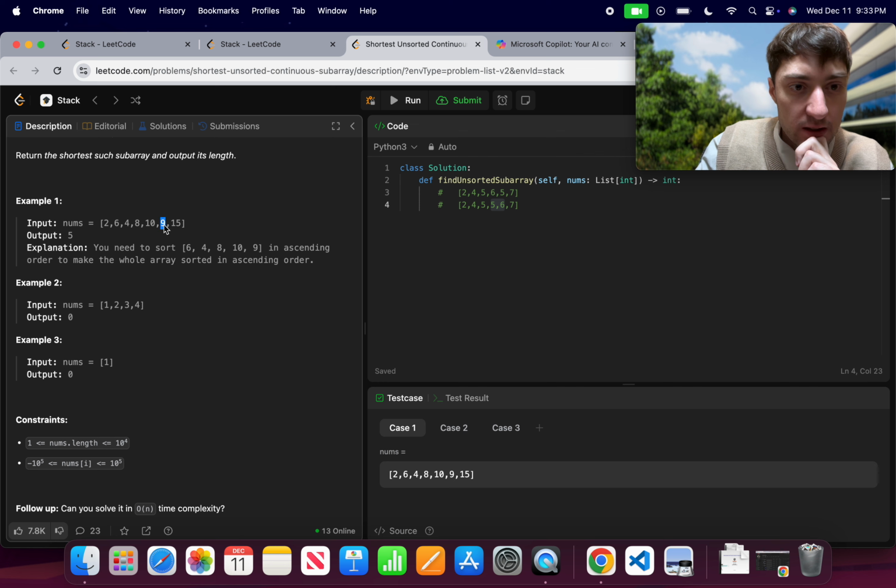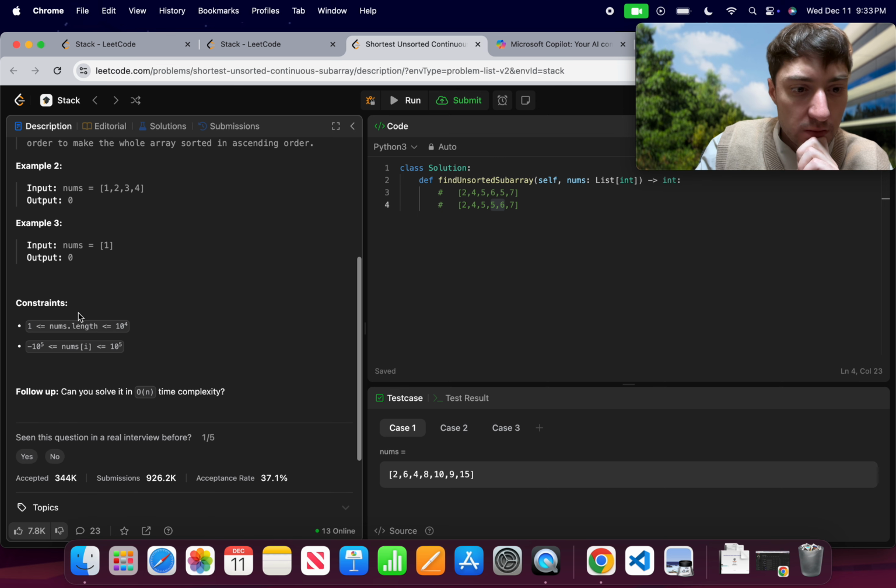Then I'm going to come here. Is there any element to the right which is smaller? No. Is there any element to the right which is smaller? No. Okay. And then here, 1, 2, 3, 4, then you would just output 0. Okay. So,